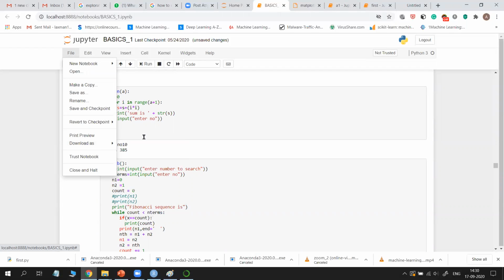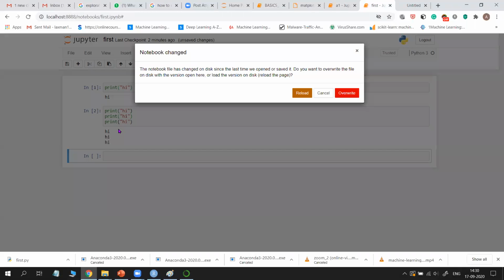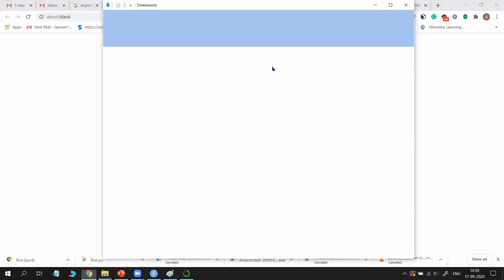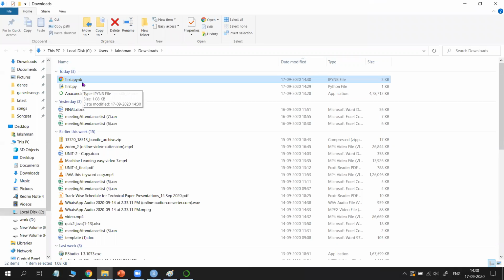There is also another extension. You can save it as a Python file and you can also save it as a notebook. For this one, first, you can also save it as a notebook. For example, Download as notebook .ipynb. Then it can be downloaded like this. This .ipynb extension is nothing but the Jupyter Notebook extension. If you want to open it again in a Jupyter Notebook, you need this .ipynb. Or if you want to save it as a Python file, use the .py extension. Whatever it may be, the file can be saved.